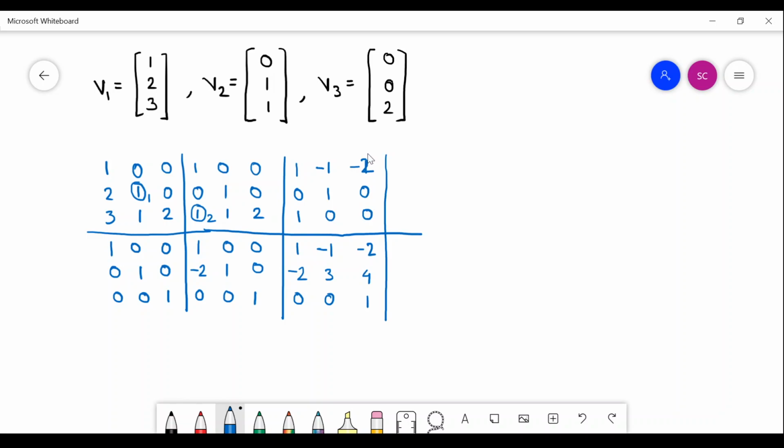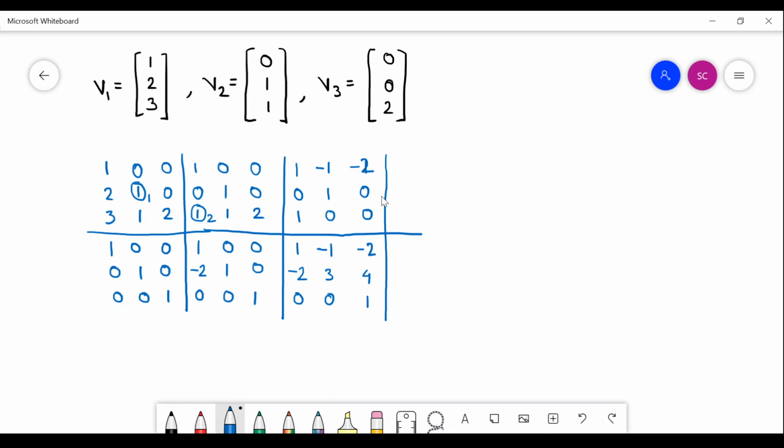The other check is this: you never get a 0 column at the top set of vectors, even if you exhaust all the possible pivot elements. So this is the last pivot element we could possibly choose, and by choosing this we would not be able to make an entire column 0. So we will not be able to do that. You see that we would get a sort of an anti-diagonal matrix at the top if you take this minus 2 and try to make these two things 0. Okay, so that is another check.